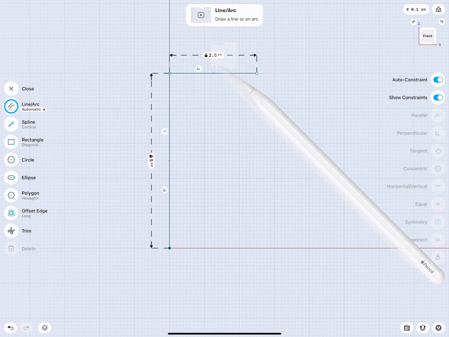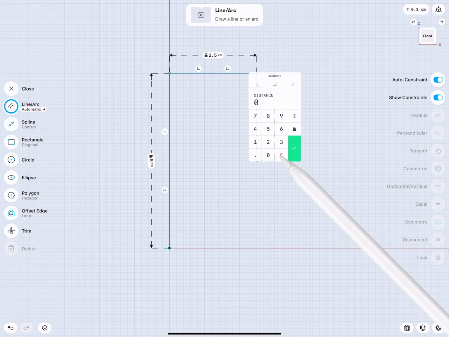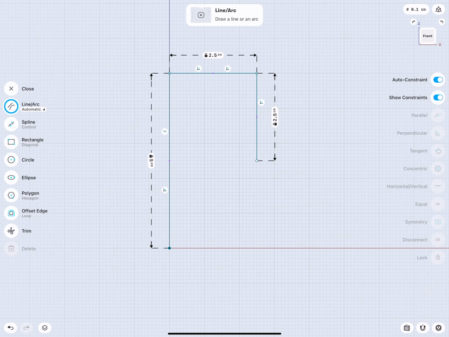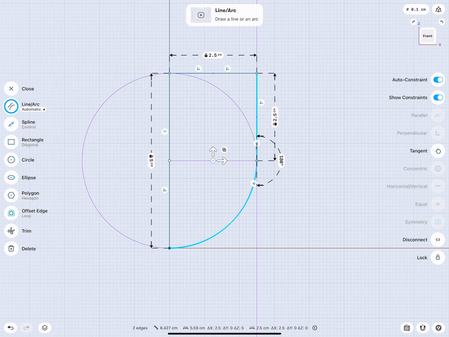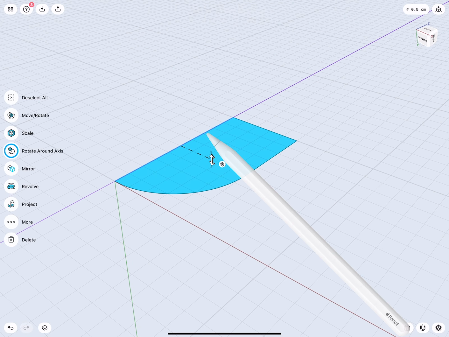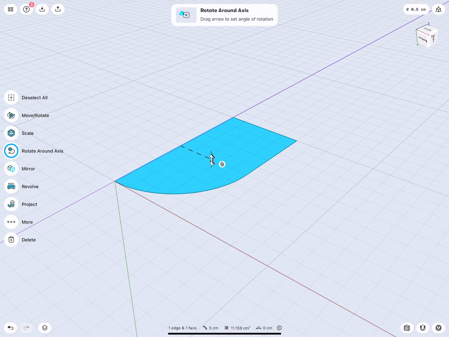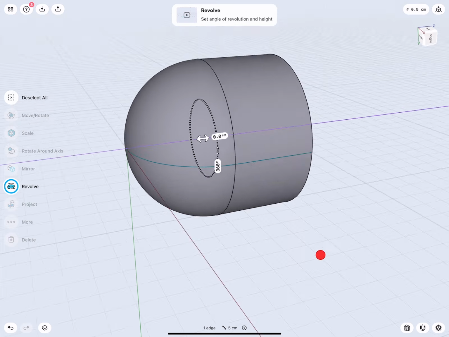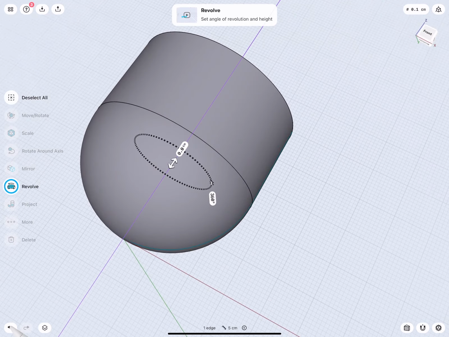A horizontal line, a vertical line, and now we need to add a quarter arc because this object actually has a dome as a cap. So with a pencil, make an arc motion. There's our arc. When we have the auto constraint turned on, you see that the arc and the line have a tangent constraint. If not, you have to add it by yourself. Select the profile, select this line, which is kind of like the revolve axis, and do a revolve test. This looks pretty good. Okay, let's undo.